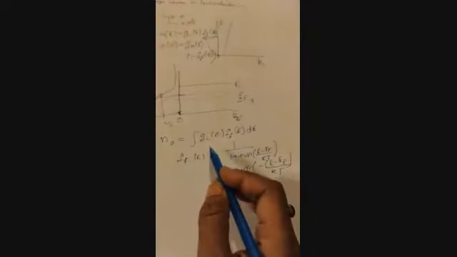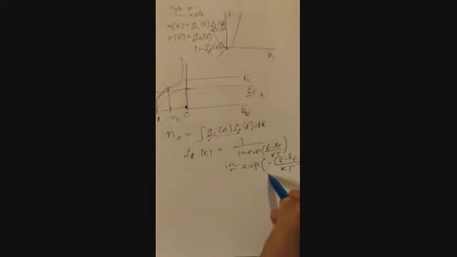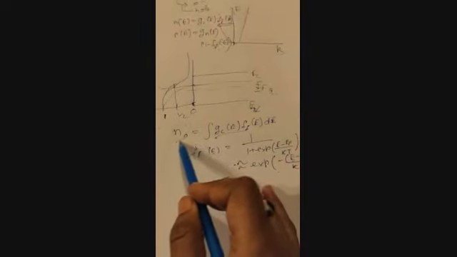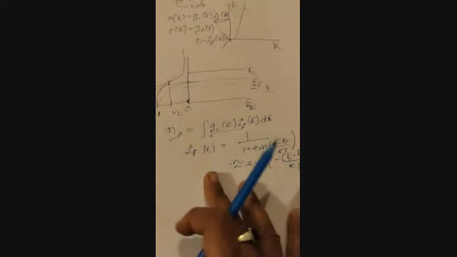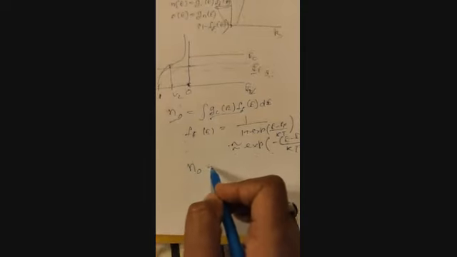Now if I know the density of states g(E), then I can multiply it by this quantity, so I can get the value of n naught at a particular energy level. So how can we do that? n naught should be equal to